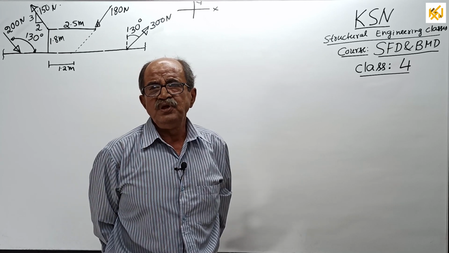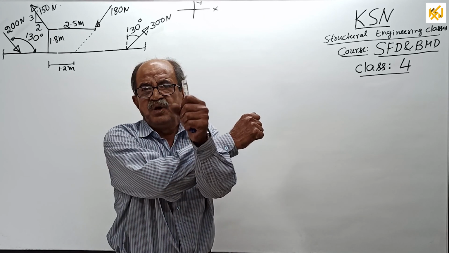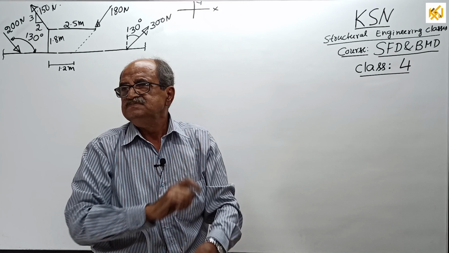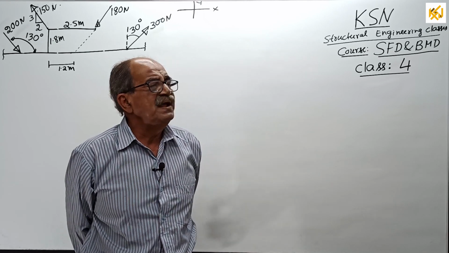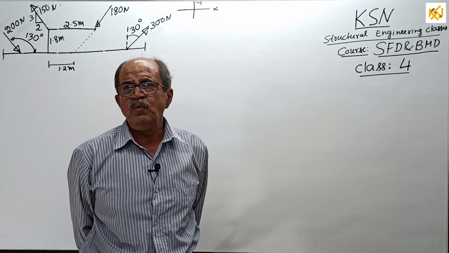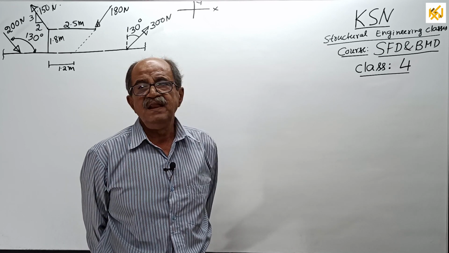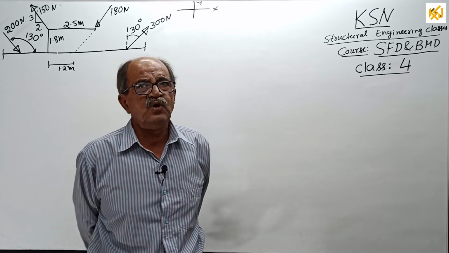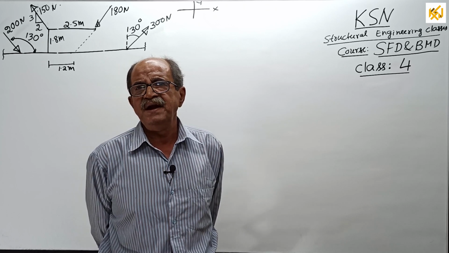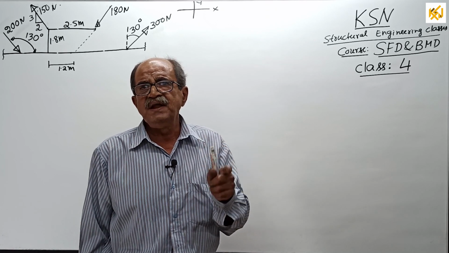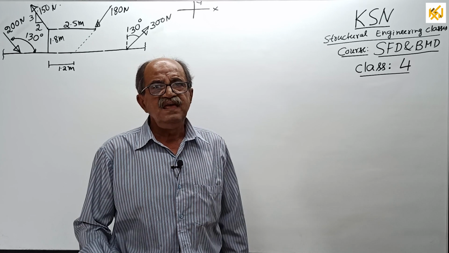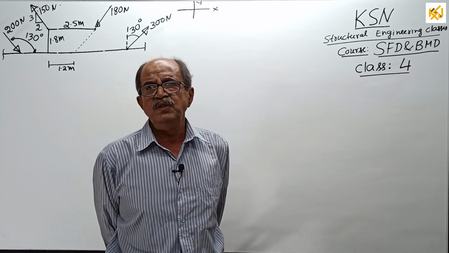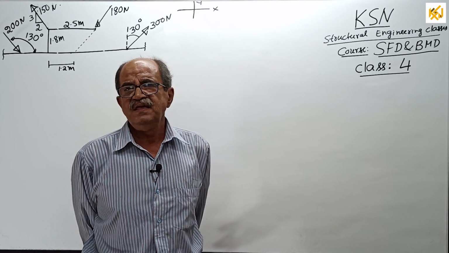When you resolve a force into mutually perpendicular directions, irrespective of horizontal, vertical or tilted, no problem. You decide the angle made by the force with any one of the directions. Then the component in that direction with which the angle is considered is cos, and the perpendicular component is sine. That means if you consider the angle with the x, then the x component is cos, y component is sine. Whereas if you consider the angle with y, then the y component is cos, x component is sine.